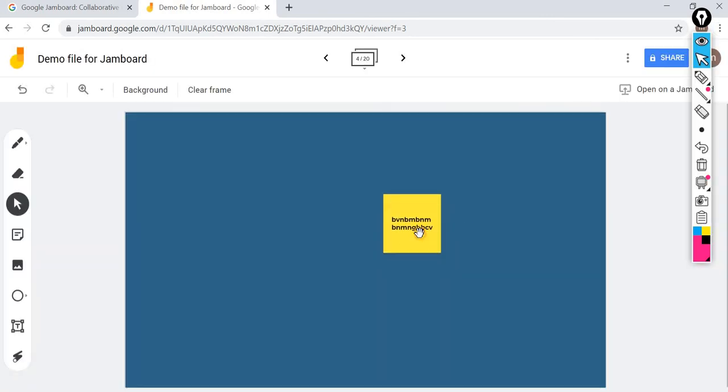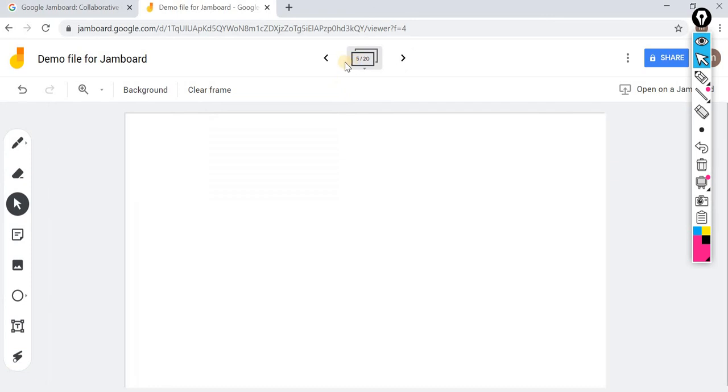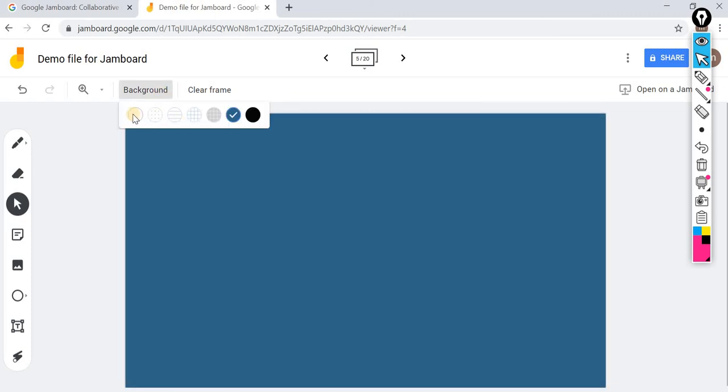And if you feel that, okay, it's all an internet problem, it's not working. It will come after some time, we'll come back to this slide. Okay, so I'll write another one, background blue, or let us work with a white background.